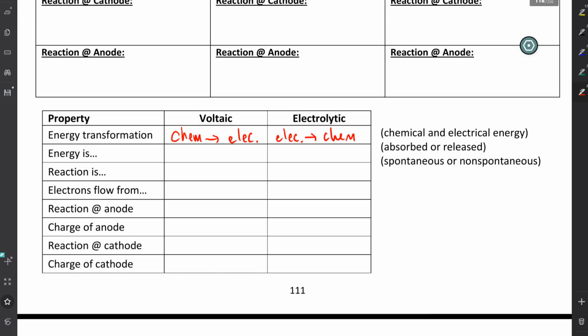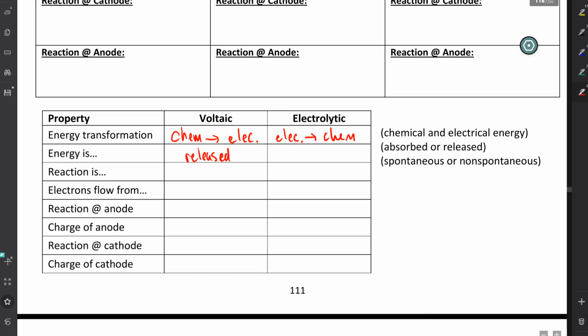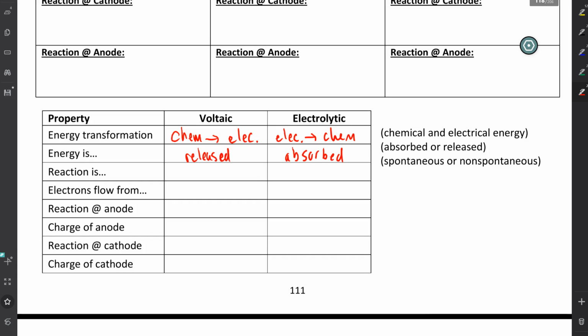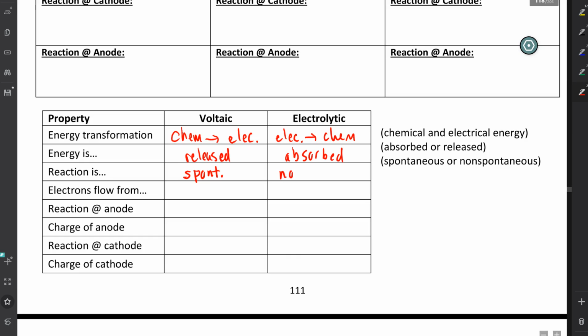Overall, in the voltaic cell, energy is released. That's why we use batteries to generate energy. And in the electrolytic cell, you need to provide an energy source because energy is absorbed. As far as the nature of the reaction goes, in a voltaic cell, you have a spontaneous redox reaction occurring. Electrolytic, because it requires energy, you must have a non-spontaneous